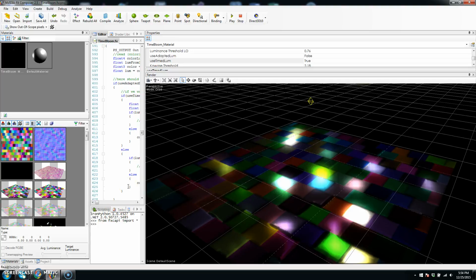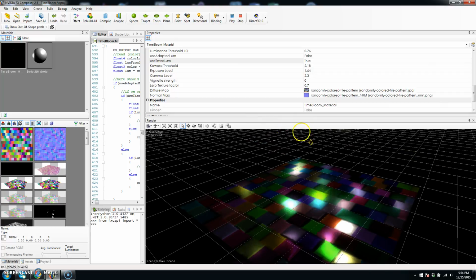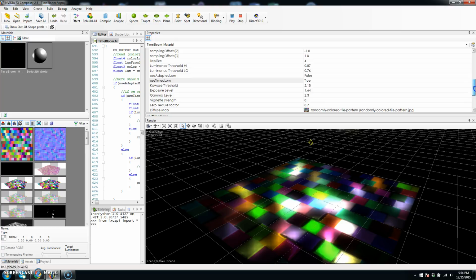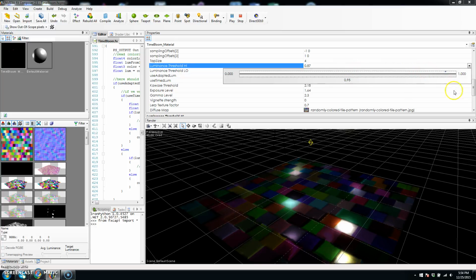Okay, so I have loaded my time bloom, and now if I start playing it, as you can see, the luminance threshold is changing with the time, so more and more of the luminant colors are becoming bloomy. And I can change this. I put a few variables here that I can change. So for example, I can change the luminance thresholds, which is the high and low. And if I start changing this,